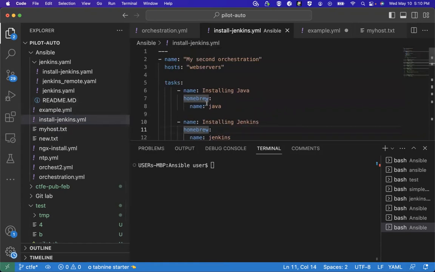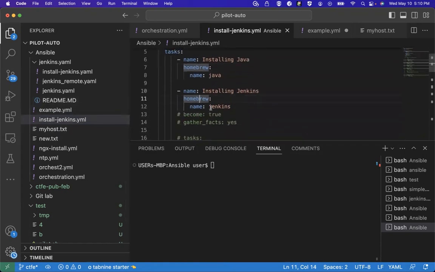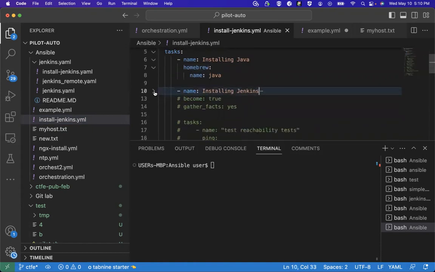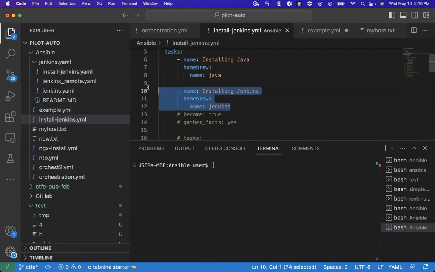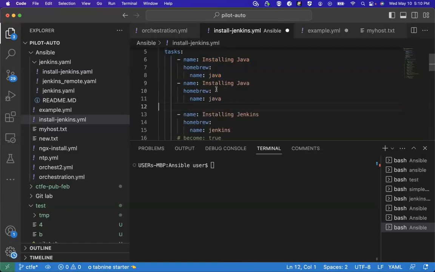For example, let's assume I want to run this playbook, and the purpose of running it is just to update my server. What I need to do is comment this one out and just say update. I'll leave that first one. I'll come here, I had another task, right? Control C, Control V. And this task will be what? Update.